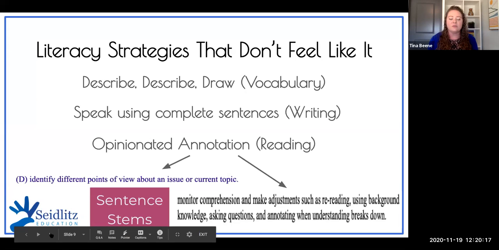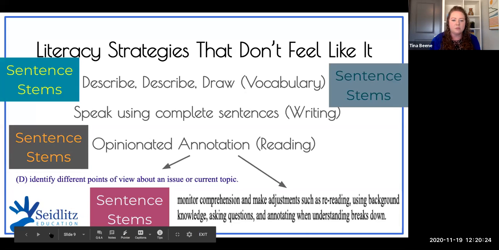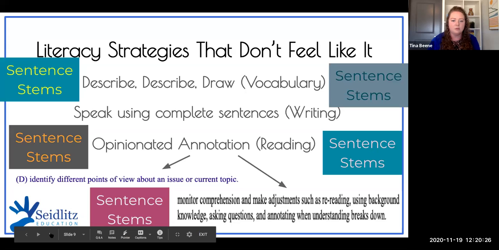All right. And there's something else we want to do that really helps. I can't remember what it is. Oh, yeah. Sentence stems, sentence stems, sentence stems. If I could leave you with anything, it would be sentence stems. They level the linguistic playing field. They make sure all of your students respond using a complete sentence. They bring in academic language into exchanges that otherwise probably wouldn't trend toward the academic register.